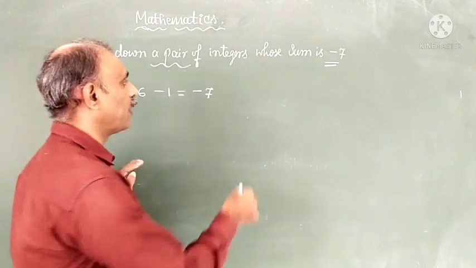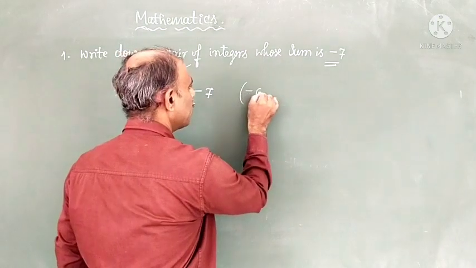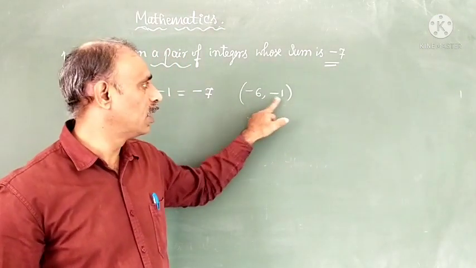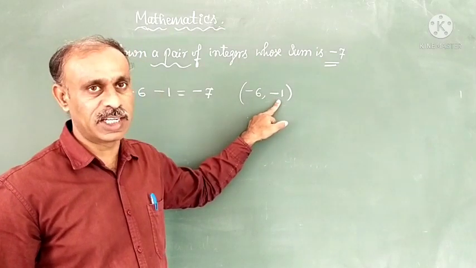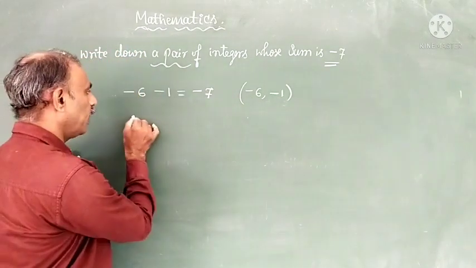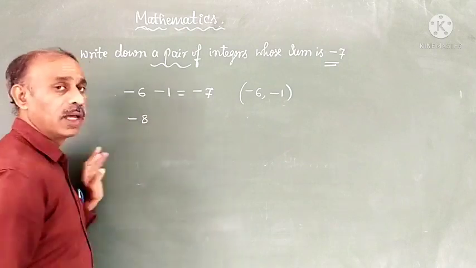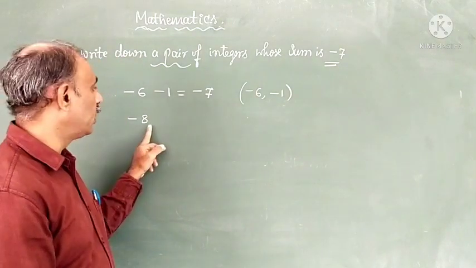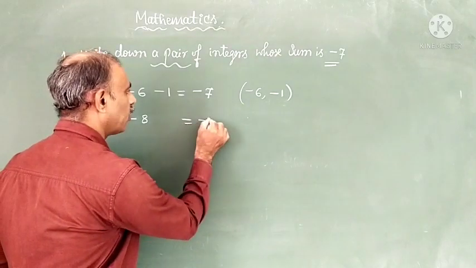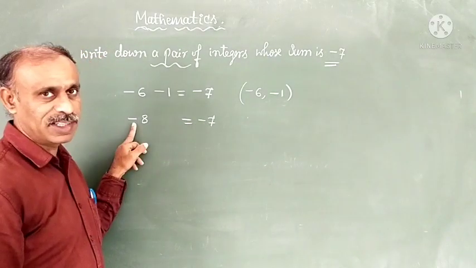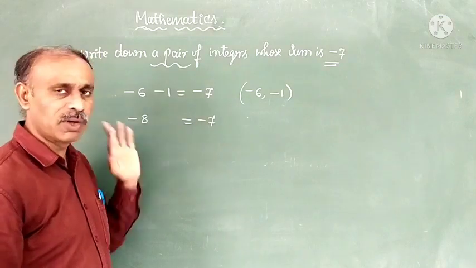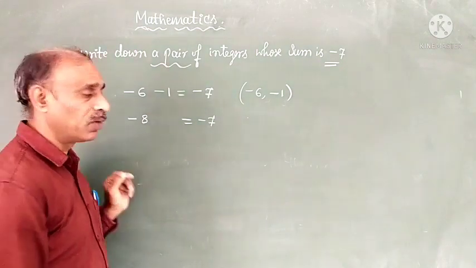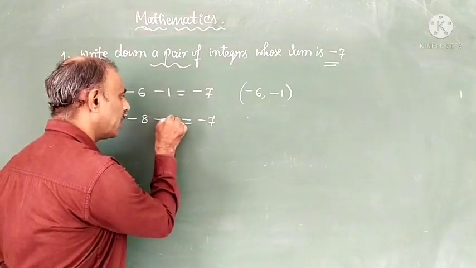So then what are the pairs I have taken here? -6, -1. Right? These two are the integers I consider. So then, if I go with -8, I consider -8. How much do I need to get? Already they have given -7. So minus is the bigger number I am having with minus, no problem. So 8 you are having. How much you need to reduce? 1 you have to reduce. So reduce means you go with -1.